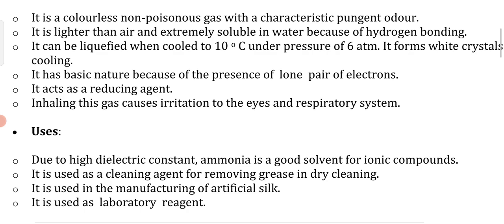In the case of a Lewis base, what is happening? The substance which can donate a lone pair of electrons can act as a base, while a substance which can accept a lone pair of electrons, that is, if there is any deficiency of electrons to achieve the octet, can accept some electron density from another substance, and that acts as a Lewis acid. As ammonia has one lone pair of electrons, it can donate this lone pair and act as a good base.